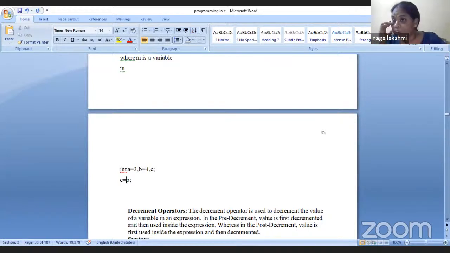And you may get one doubt, ma'am. Okay, fine. If you are using alphabets, we are using characters. If you are using numbers, integers. If you are using decimals, we are using float. Again, why are they derived into different types, like short int, long int, double int? What is this required for? They are required. Do you understand my point?